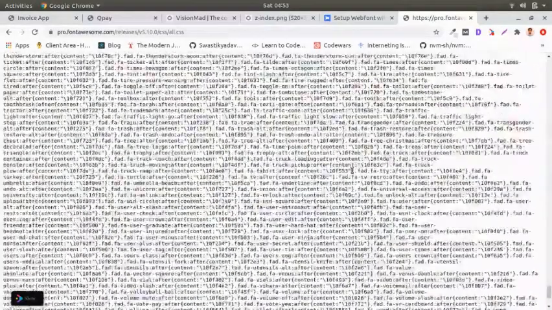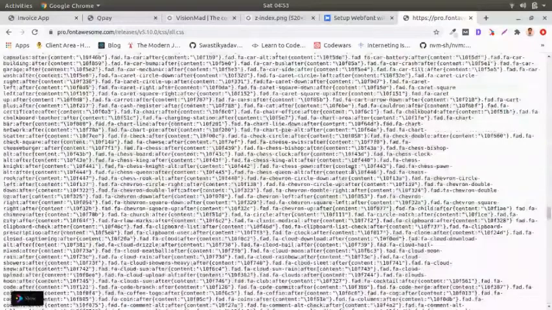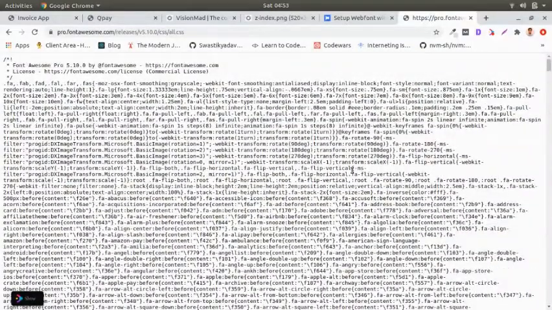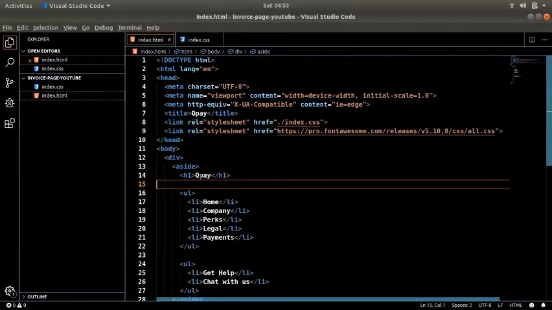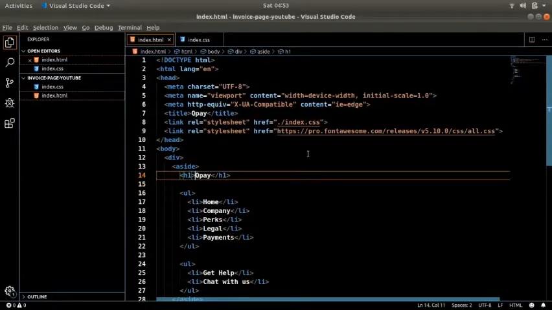You see, it's huge. It's not appropriate and efficient to keep it on our simple HTML CSS project. So it's already lying there. So why don't we just use it from here? So that's what we have done. Just link to that CSS, and now we can actually use it.